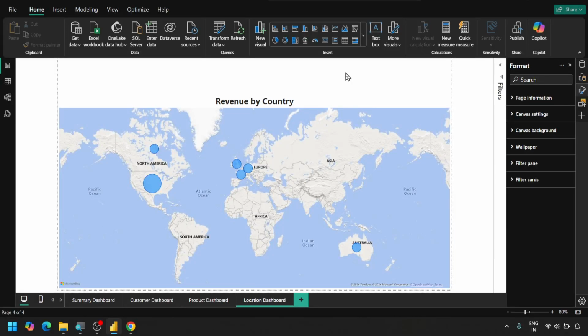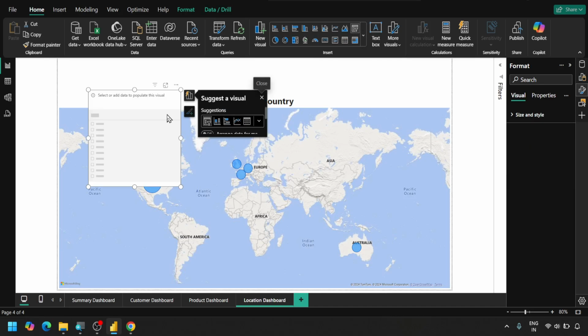Let's understand about slicers in Power BI. So if we go to our insert menu, there is an option of slicer, and inside the slicer we can create the filters. So right now if we add any data points inside the slicer, before that let me just bring it here,